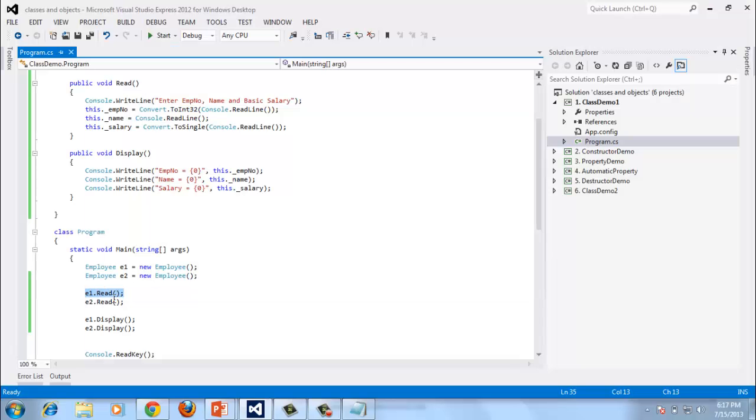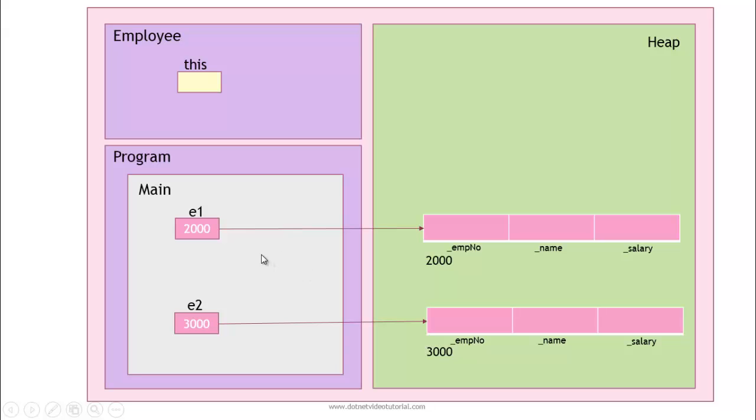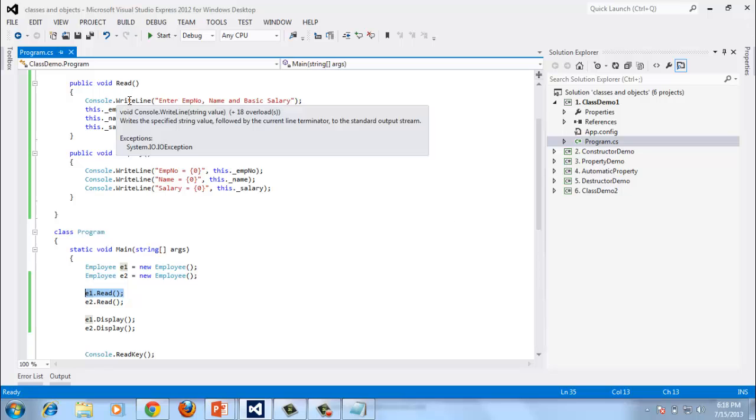Now when we call e1.read, your control will go over here. At the same time, the address of E1 or reference of E1 will go in this pointer. You can visualize it like this. When you call e1.read, the address of E1 or reference of this object which is in E1 will transfer to this pointer. And as this is pointing to this object, the E1 object,